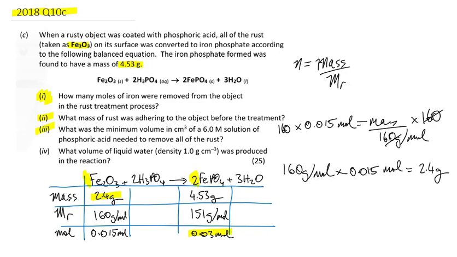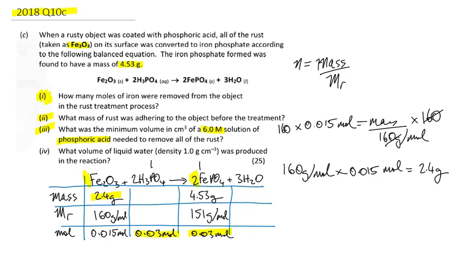Now I'm looking at part 3. What is the minimum volume in centimeters cubed of a 6 molar solution of phosphoric acid needed to remove all the rust? Okay, so first thing is to calculate the number of moles based on this equation and the mole values that we've already established. So it's a 1-to-1 ratio here, so it'll equal 0.03 moles of phosphoric acid. So we need 0.03 moles